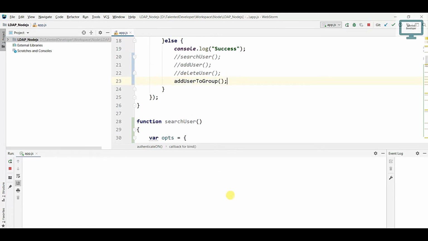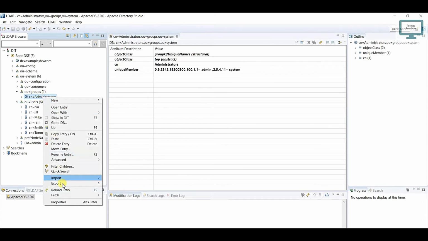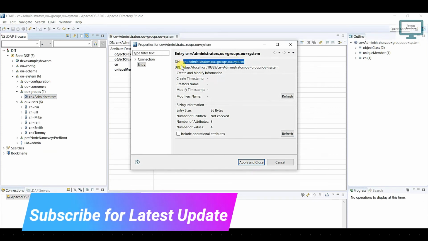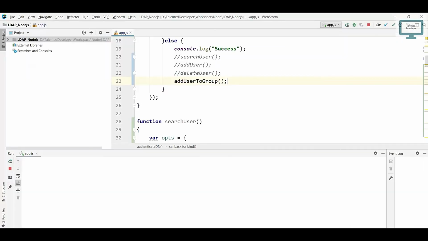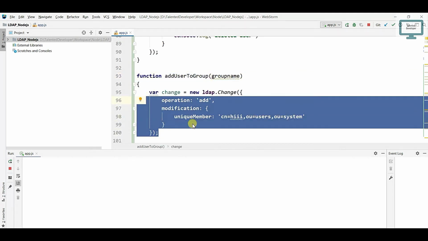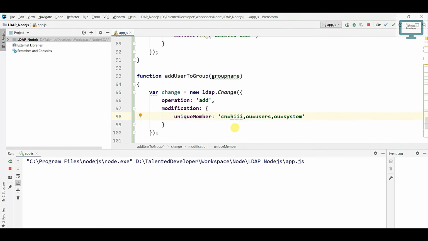So what will be the group name? If you come here, we have to add all the users here only. So just go to the properties, copy this line, cancel it, come here, and just pass it. Once you enter your group name, it will go here, and here we are going to perform the add operation. Suppose you need to add bulk users, you can add them as an array and just run. Once you run, you can notice you are getting the message "added user in a group".